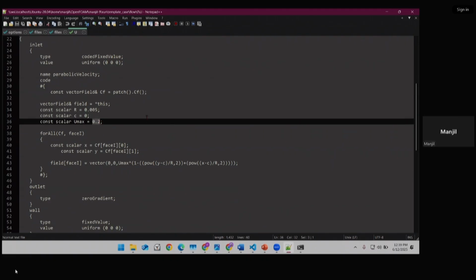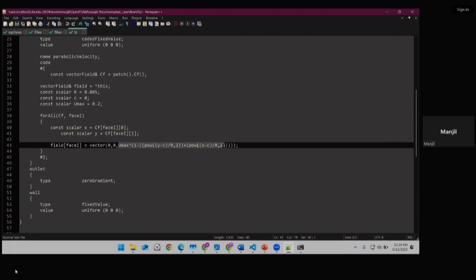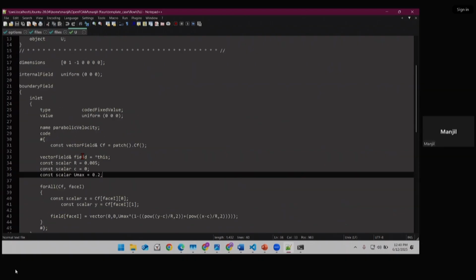So please be clear on that. And our Q max is 0.2 meter per second. So what we are doing now is specifying the jet velocity by this paraboloid equation. This is the equation of the paraboloid, and this 1 minus is done because it's an inverted paraboloid. So we are specifying the parabolic shape at the inlet,